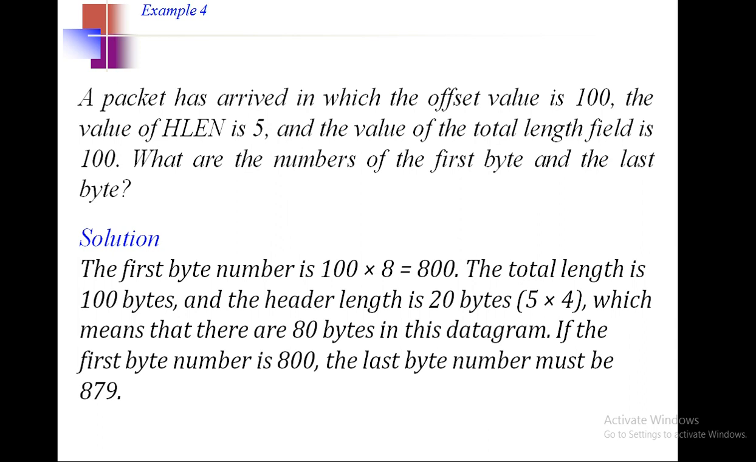You can see how we got 80: because the total length is 100, 100 minus 20 gives you 80. That 80 should be added to the first byte, which is 800. So 800 plus 80 will be 880, but because we counted from 800, instead of saying that the last byte is 880, we say that the last byte number must be 879. Wait for the next